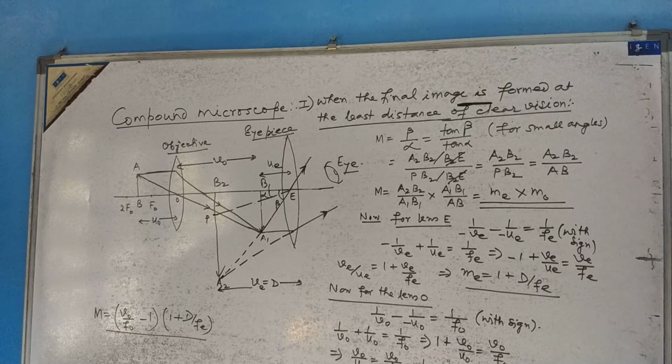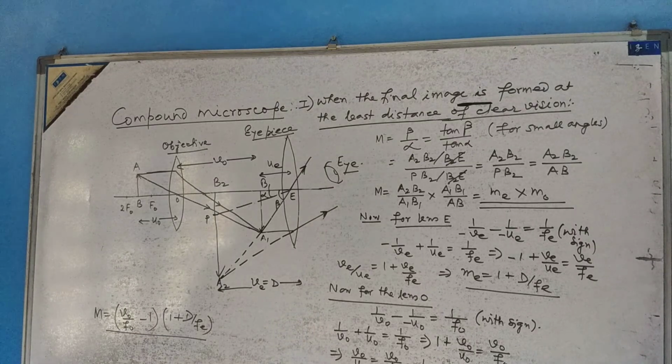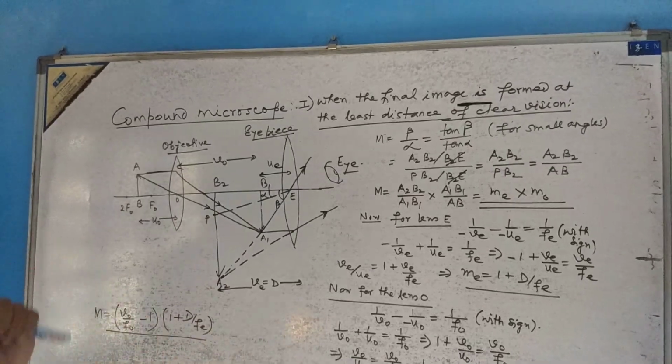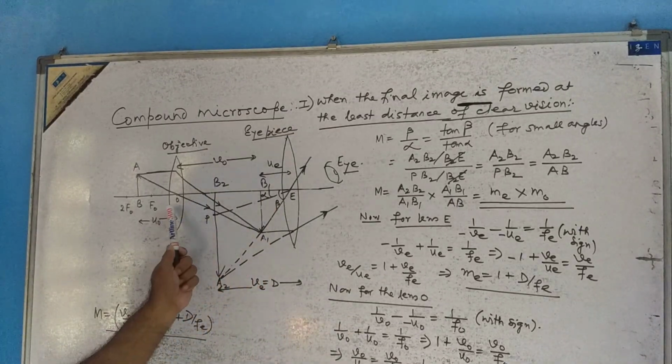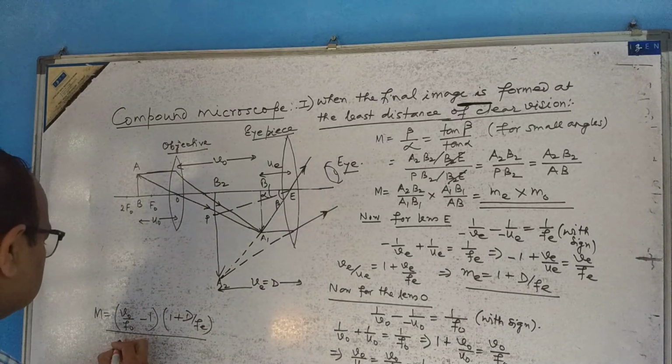Very clear. When the final image is formed at the least distance of clear vision, we can get this result. Look at this. Here we are getting this result, and now see this result we have got. If you are asked to determine the distance between both the lenses,